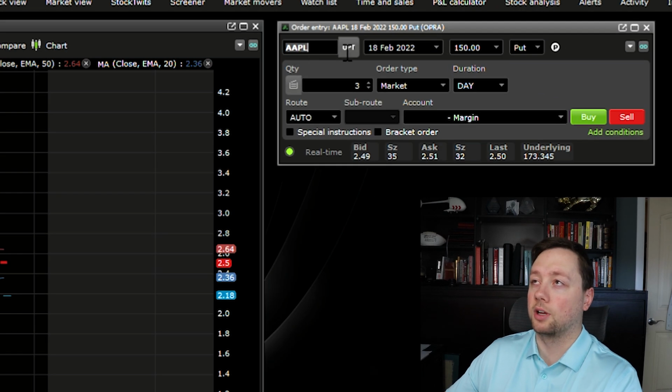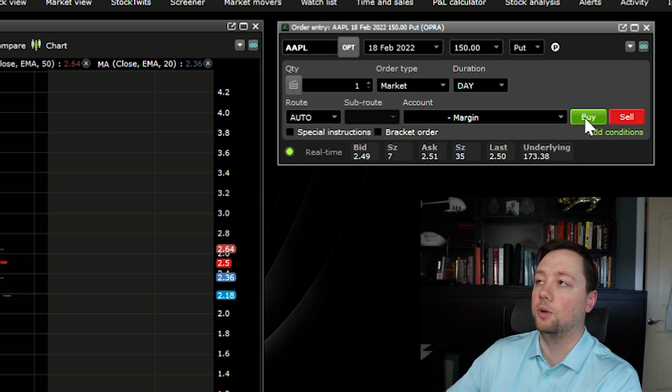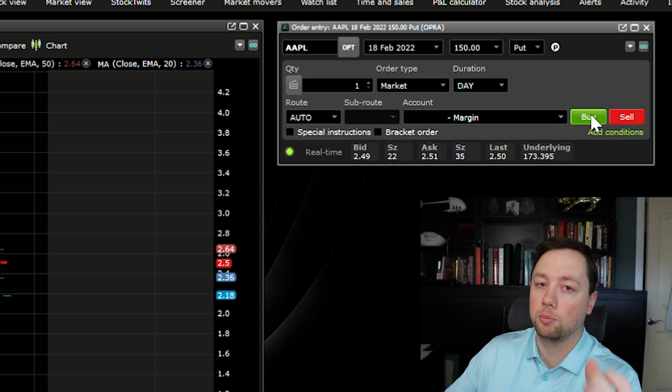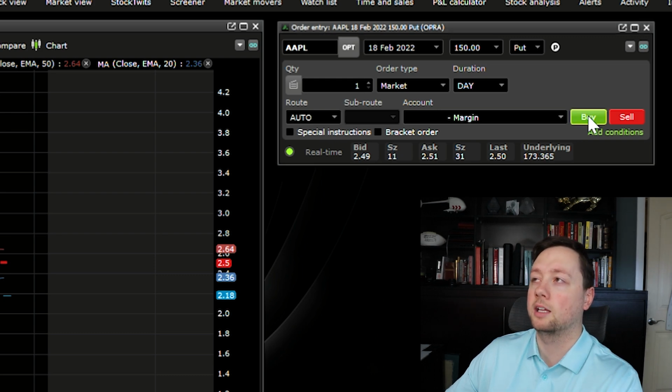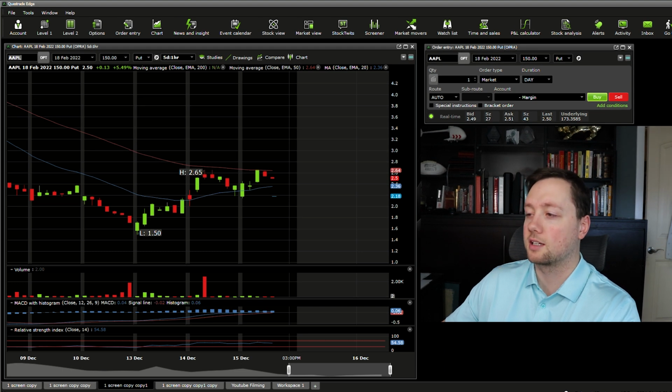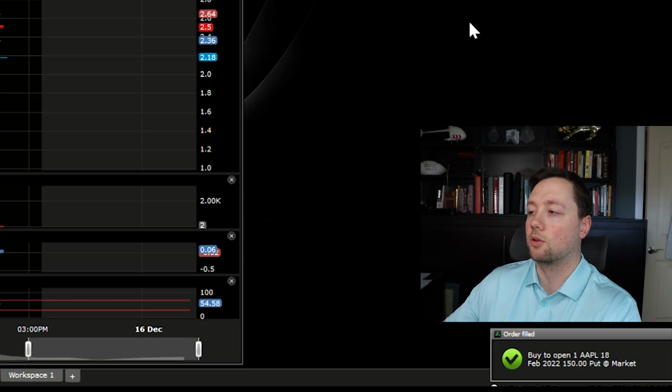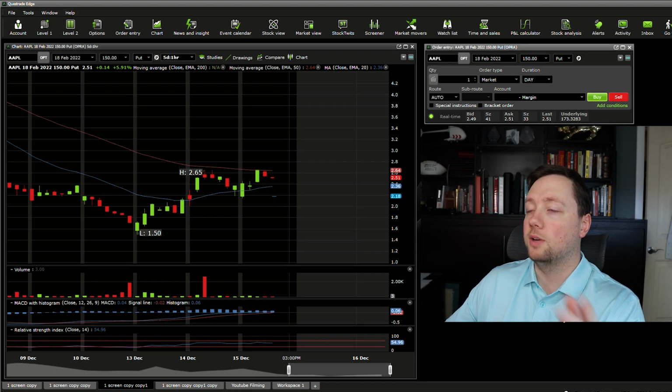So as you can see, we're doing Apple options. That's what OPT means right here. 18th of February, 2022 expiry, $150, and we are buying the put. We are gonna buy just one of them. We're gonna buy it at the market price right now because the spread is pretty close. We're gonna leave it as the day duration, make sure we are using our margin account again, and then we are going to make sure that we are buying the put. We wanna make sure that we are buying it and not selling the put, because that's gonna open up a different type of order. We're gonna send that order, and now as you can see, we have that order there,